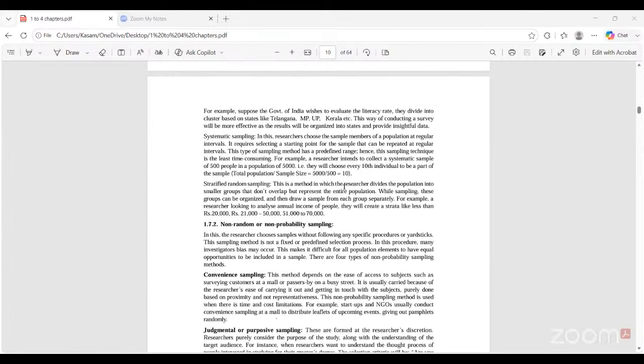Systematic sampling. What is systematic sampling? In this, the researchers choose the sample numbers from a population at regular intervals, requiring a starting point. It is a sampling method with a predefined range, and it is a less time-consuming sampling technique. For example, a researcher intends to do systematic sampling of 500 people